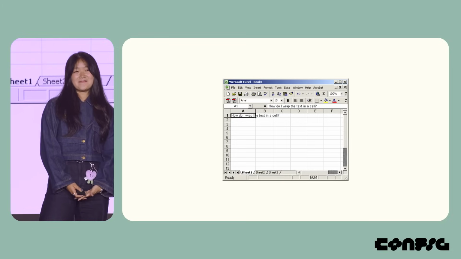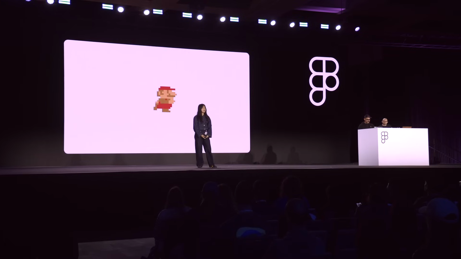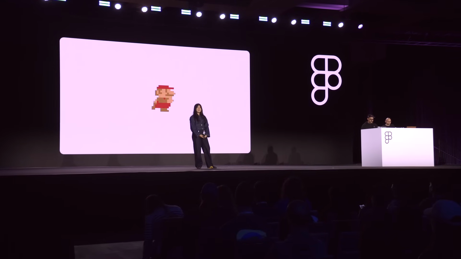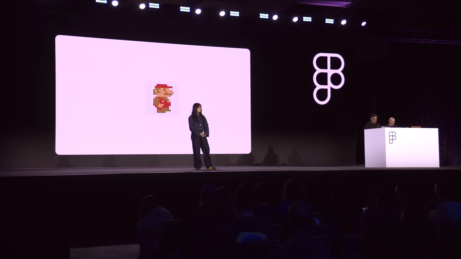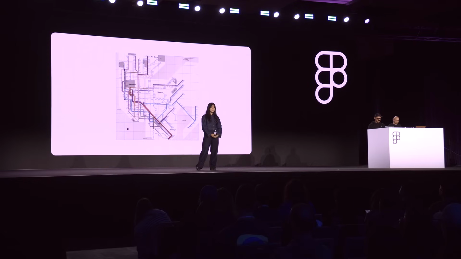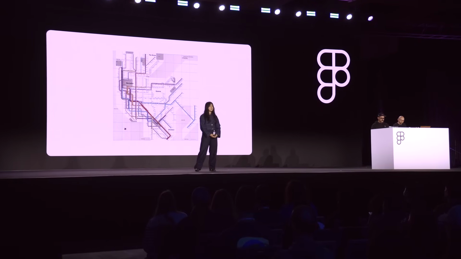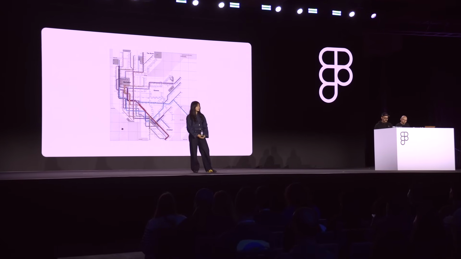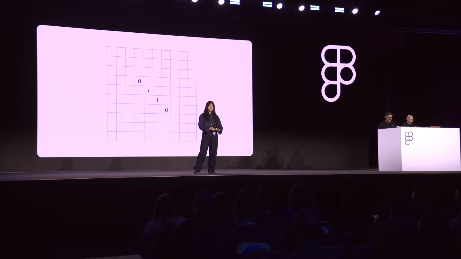When you think of a grid, you might even think of a spreadsheet in Excel. Or maybe our favorite track star, Mario. He's also built on a grid. Or maybe even the blueprints of our beloved transit maps. Maybe you saw one earlier today on the Muni. Point is, grid layouts are kind of like the quiet, unassuming backbones behind what makes some of our favorite designs